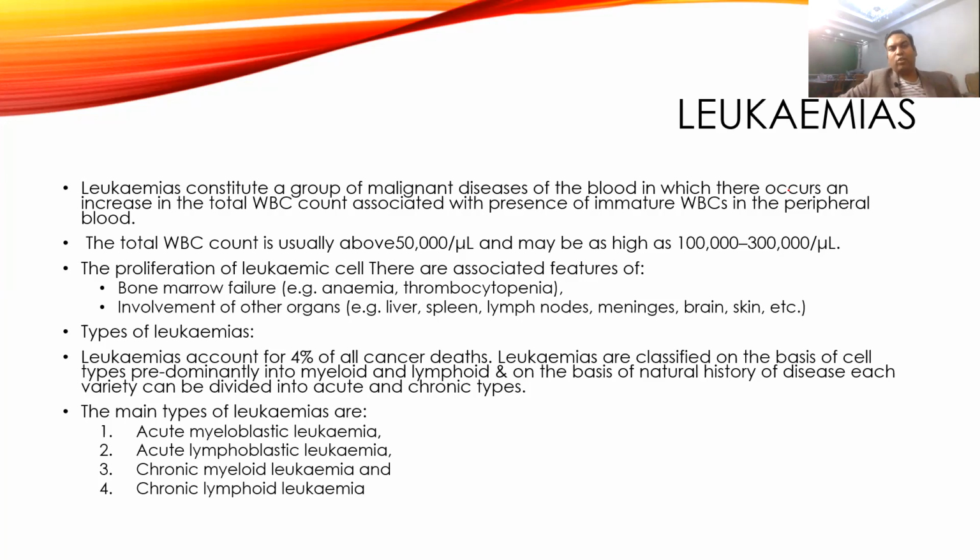Here, if you see, acute myeloid leukemia is written as myeloblastic. Whenever there is an acute increase, the cells formed are very, very immature in acute leukemias. That's why instead of myeloid, the term myeloblastic is used, or instead of lymphoid, the term lymphoblastic. In chronic, the cells are a little more mature, but not as mature as a normal cell. That's why lymphoid: cells which look like lymphocytes. Myeloid: cells which look like myelocytes. That is the actual meaning of this nomenclature.